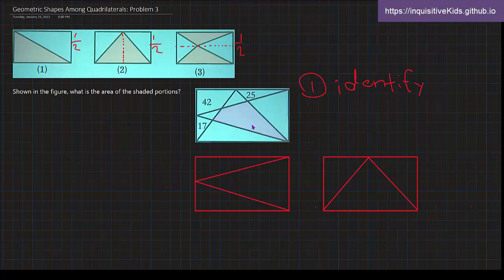So first, I know that there is A and there is B. And I can use this over here. So I know that this portion is 25 plus B. This left side is 42 plus A plus 17. And this shaded part I'm going to call S, because S is for shaded. Now over here,